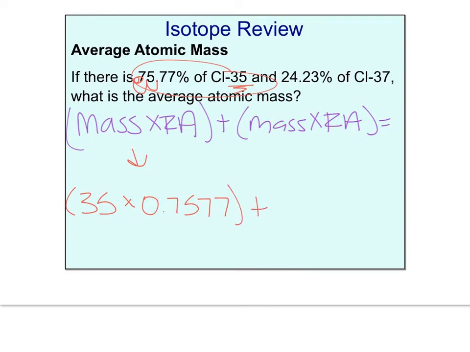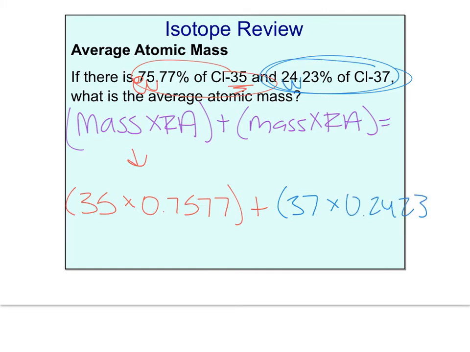Plus, now we're going to do the other one. So the mass for that one was 37 times decimal notation, 0.2423. So you'll multiply them, you'll add them together. When you do that, you should get